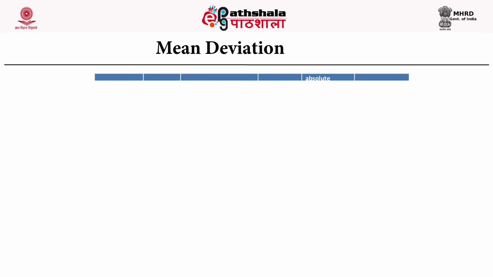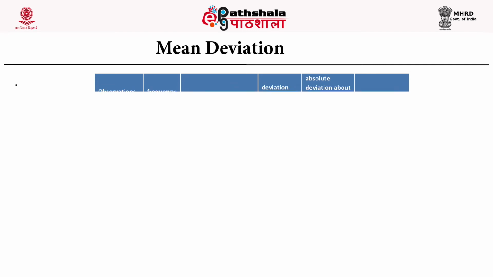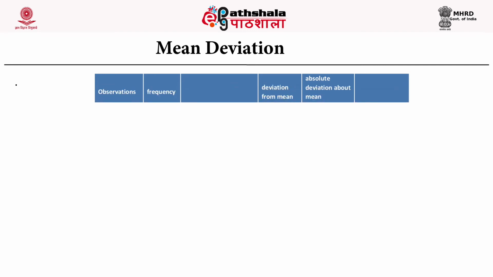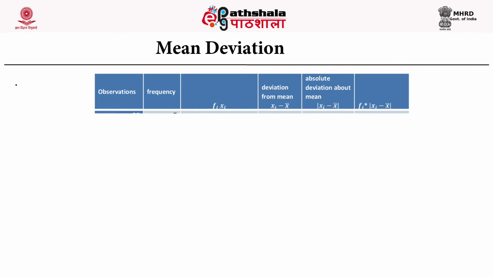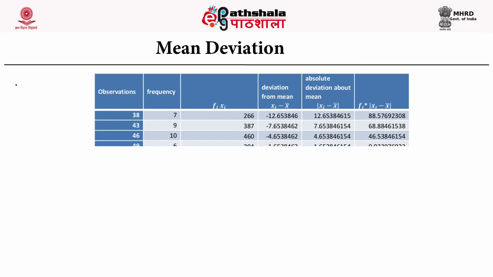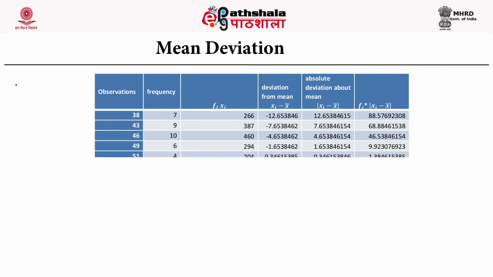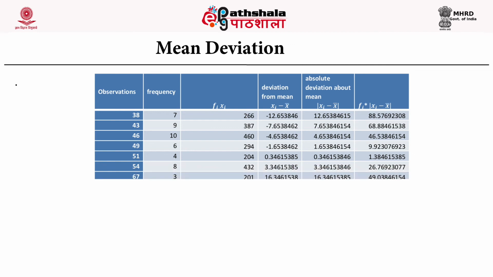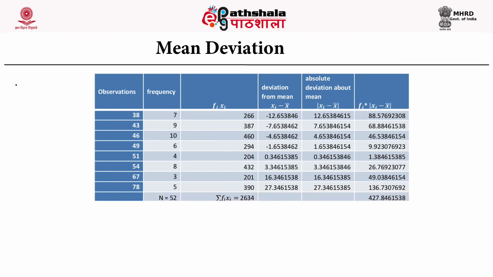So from this table we have, in the first column, observation, in the second column, frequency, and in the third column, first we have to evaluate the product of fi xi and take the sum. Deviation about the mean is derived as xi minus x bar, and absolute deviation about the mean is derived as mod of xi minus x bar. So we are interested in finding the product of fi into mod of xi minus x bar. So derive this value for all the observations and take the sum, and the sum is coming out to be